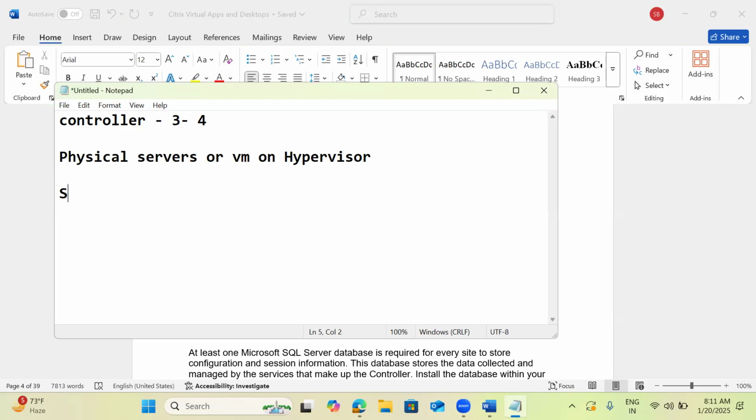Then StoreFront also. We are going to install 2 to 3 servers as the StoreFront servers. Those also mostly require Windows Server, and that is also set up on VMs itself. Then